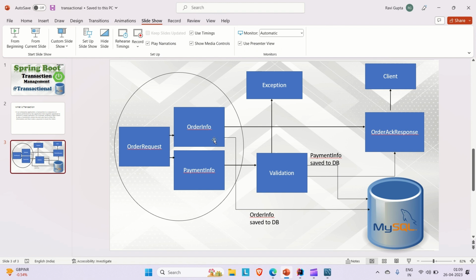You can see we are saving the order, we are validating the payment information. If it is validated, we are saving it to the DB. If it is not validated, we are throwing the exception. So in both of the cases, if it is validated or not validated, we are saving the order information, which is not the ideal case that we already have discussed. But now we'll try to achieve it, and then we'll try to see how transactional is helping us not achieve these things. So come here,